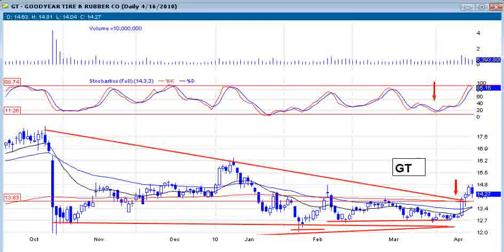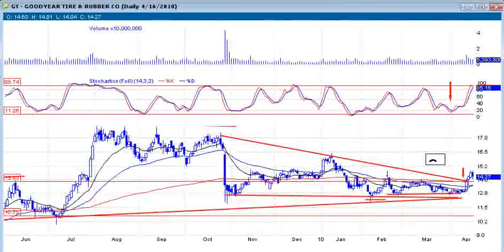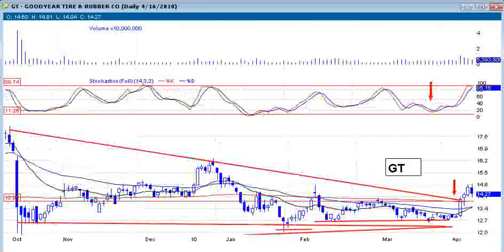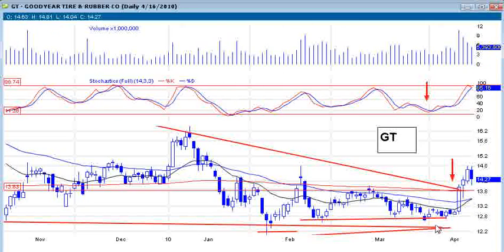Here's GT, Goodyear Tire, and I know a lot of people have probably heard me talk about this stock a lot in the room and on the radio, because it had a very good stochastic setup here, holding off recent lows, staying above this low over here, holding some support here and pushing up against the 20. So we're probably 6 days early on this,